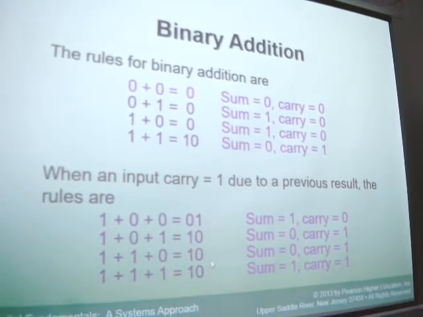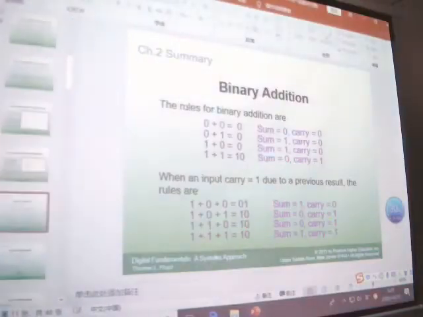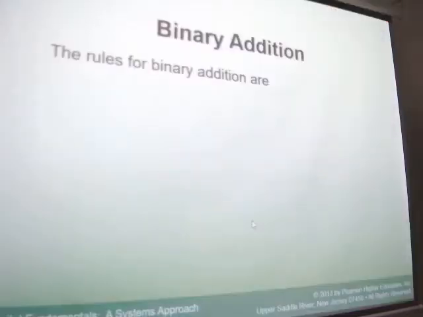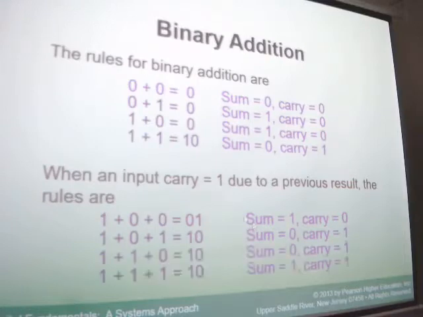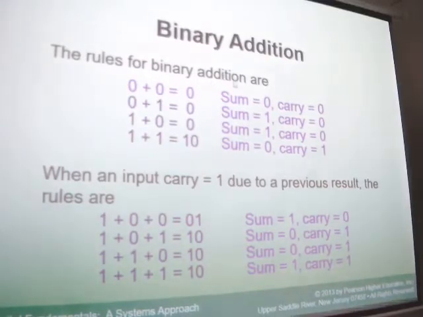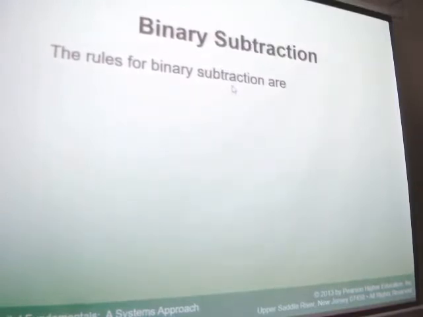So we finished last time this one: binary addition, subtraction, and multiplication. Yes, this is wrong. It is 11. The sum is 1, and the carry also is 1. This is the binary addition rules. And the binary subtraction rules are